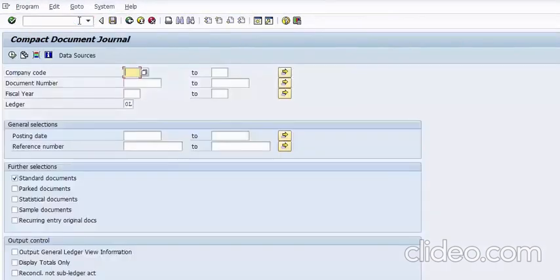and you can see now the screen of the report, it says compact document journal. In this we need to take the company code, then we need to take the fiscal year over here as 2014, and now you have the option of the posting date, from which date to which date you want to see the reports. Suppose I want to see the report for a particular day, what different transactions were posted in the system. So I assign the date from April 1 to April 1, 2014. In the further selection part,